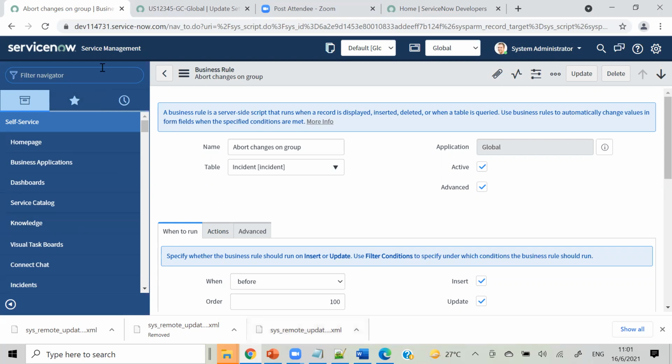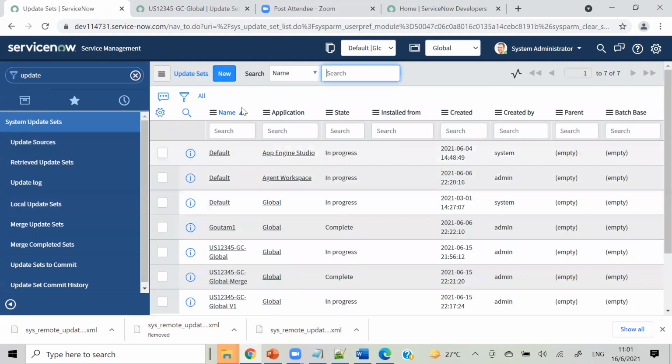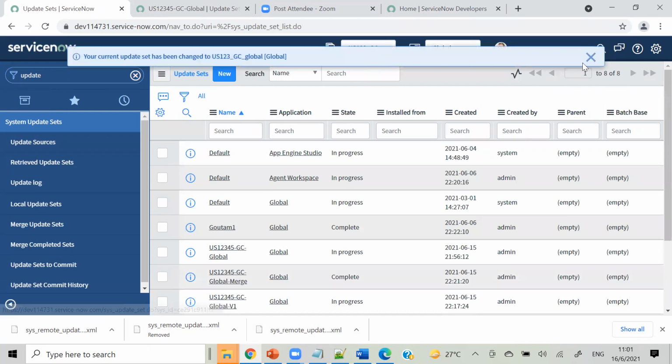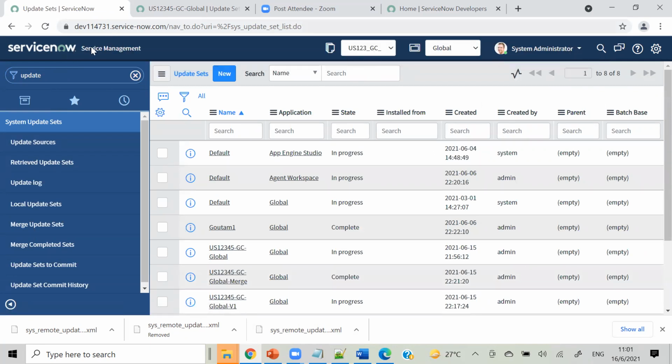Yeah, and one more thing before that, just the last one. I'm creating one more update set, and let me give the name 123_GC_global, and I'm making this current. Okay, so now my update set got changed.